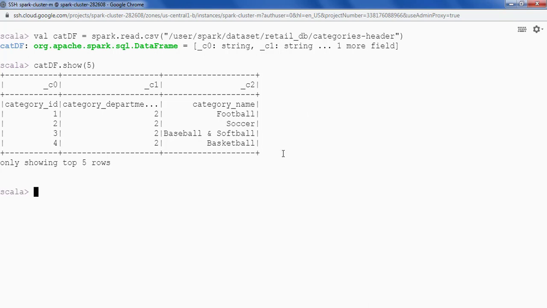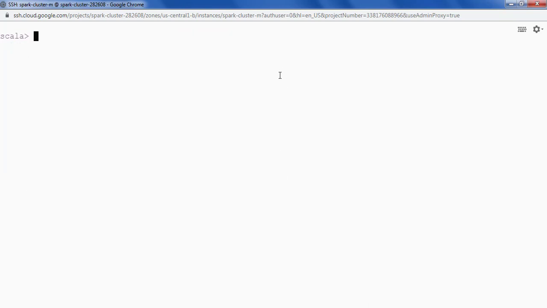For doing that, we have to provide an option. So cat df is equal to spark.read.option, and inside option we have to provide that in this data we have a header, so header true, and then simply provide the path.